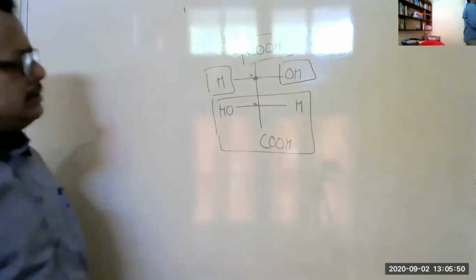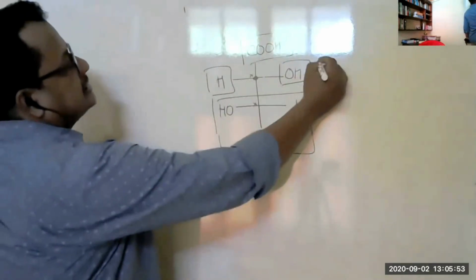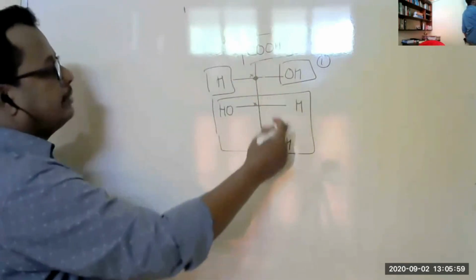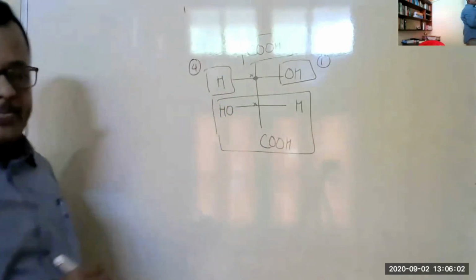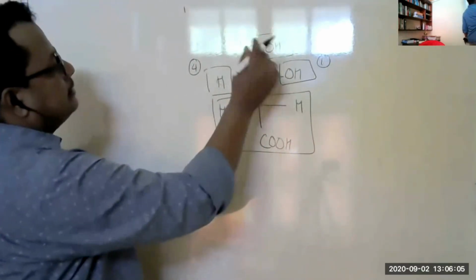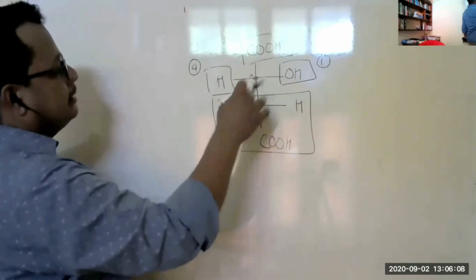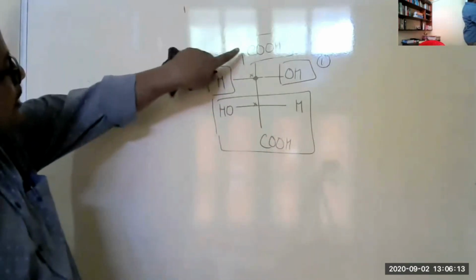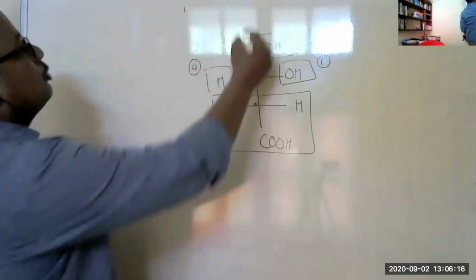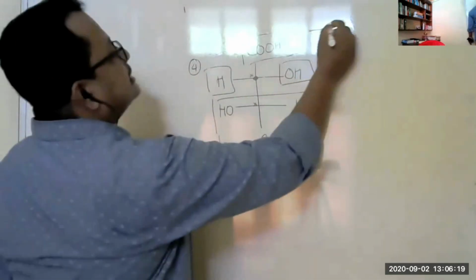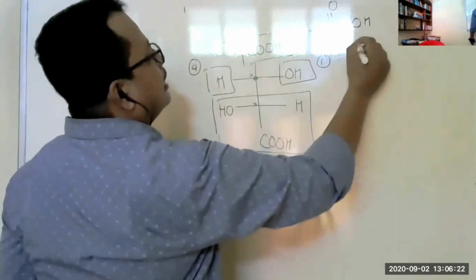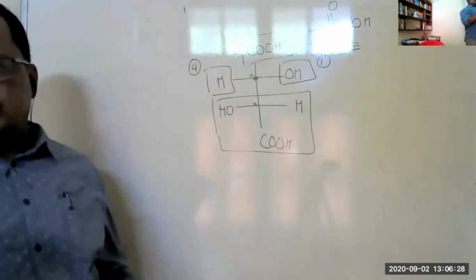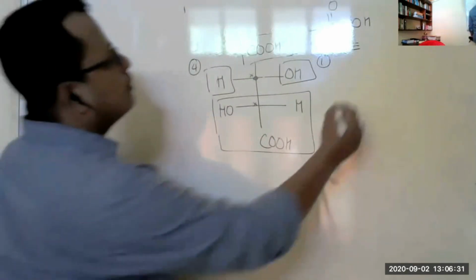So if you assign the priority, you see this is highest priority because this carbon is directly attached to oxygen, which is having the highest atomic number. This one is the lowest priority. Then this carbon and this carbon are tied. So if you look at the second atom with highest atomic number, here you see that it is attached to carboxylic group. Carboxylic group means COOH. So it is equivalent to, this is a carbon oxygen double bond, and carbon oxygen double bond is equivalent to 2 carbon oxygen single bonds.